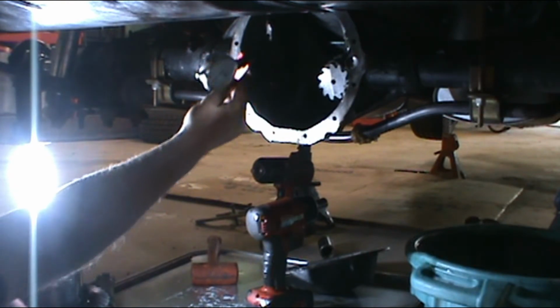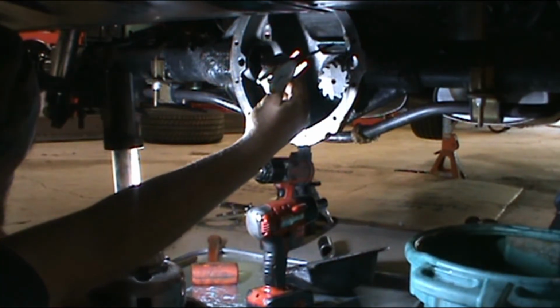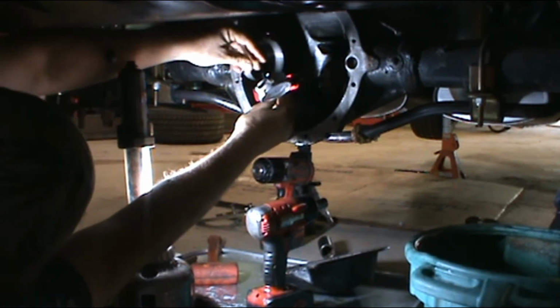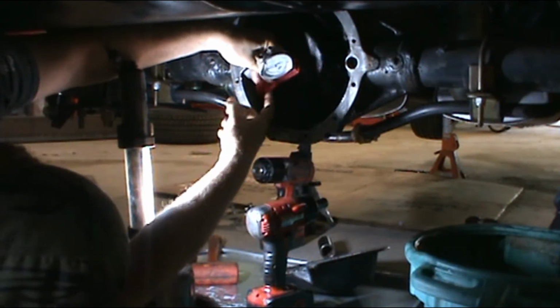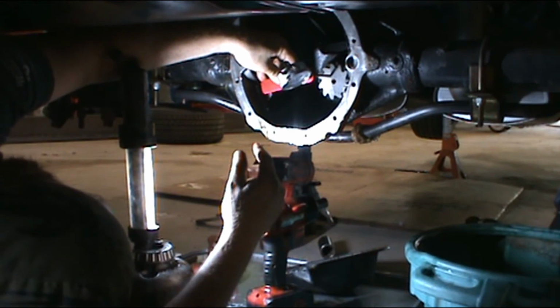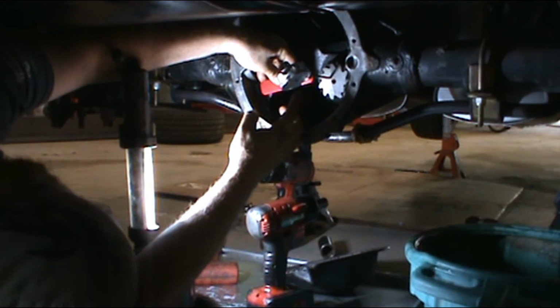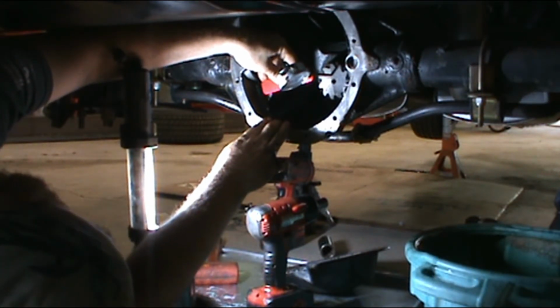But basically, there we go. Basically what you're going to do is you're going to set this onto here, on this flat part onto the bearing cap mount, as close as you can get it. Okay, and then as you start to push in on it, you're going to watch this bottom dial. I can see it from the bottom. It'd be a lot easier out of the car, but anyways, it's going to go